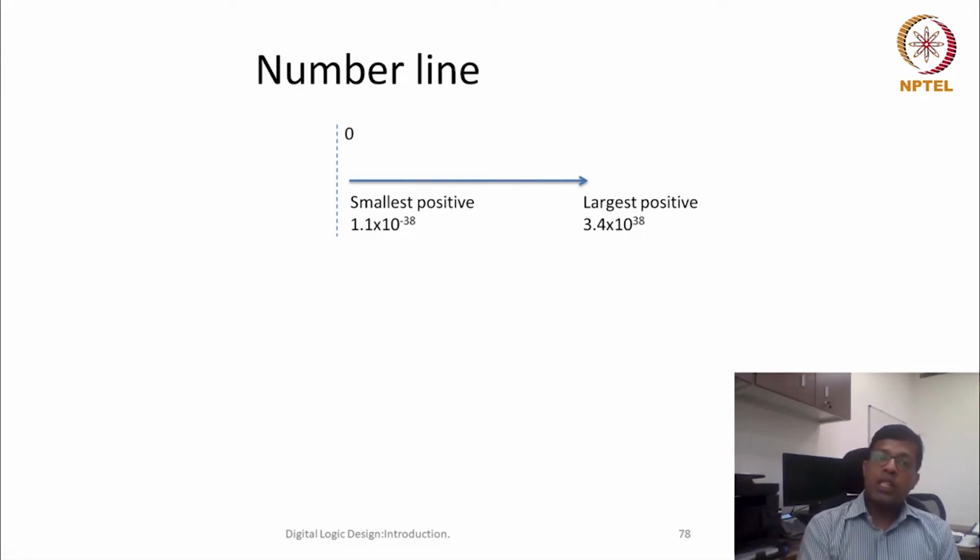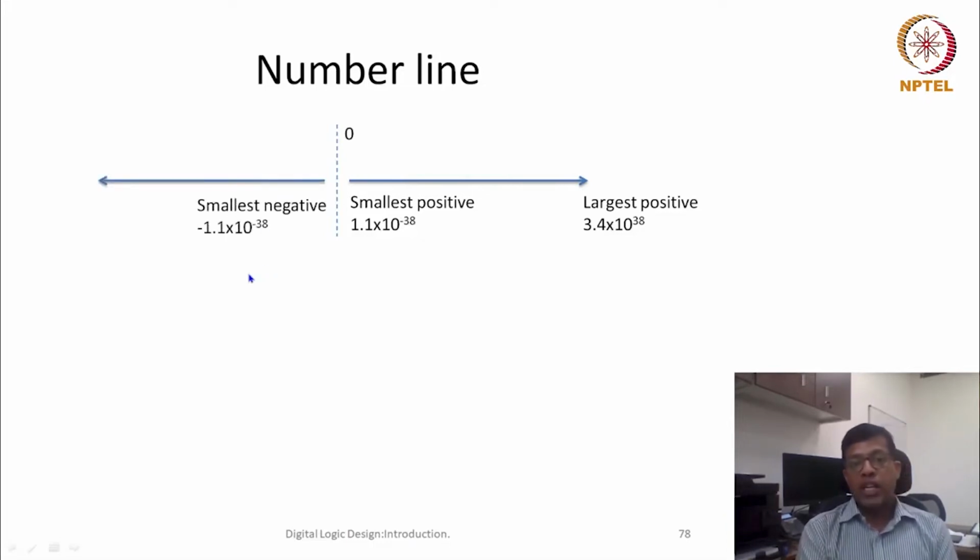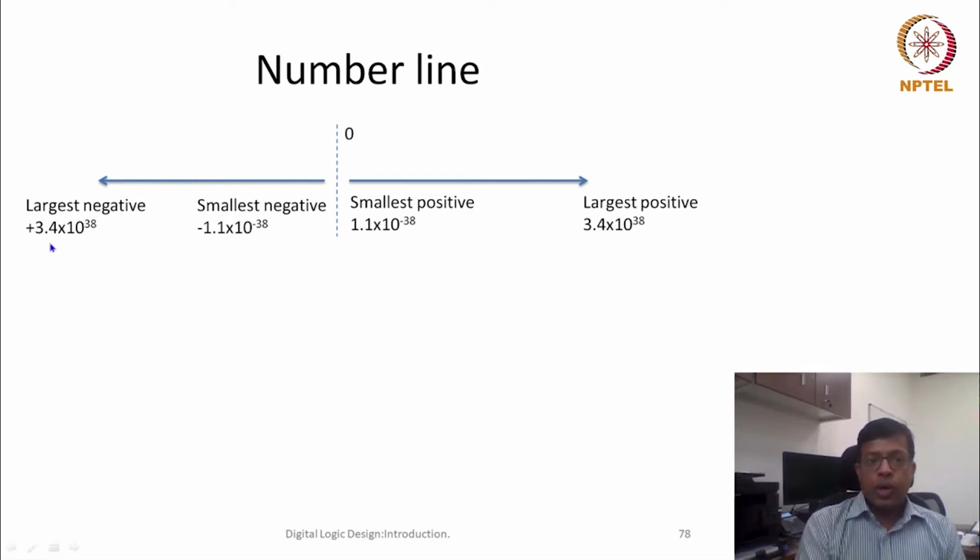Similarly, this number line can also be extended in the negative direction. So in the negative direction also, the smallest negative number is minus 1.1 into 10 to the power minus 38. Again there is a discontinuity, and the largest number is 3.4 into 10 to the power 38. There is a negative sign here, we will correct this. So now